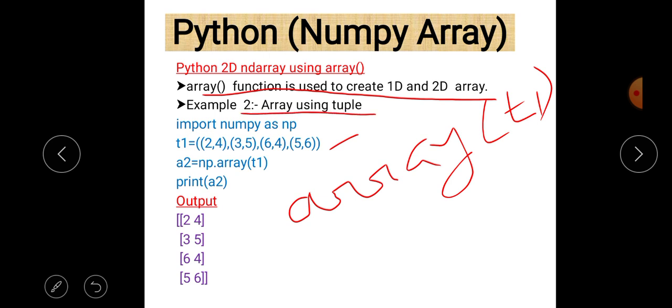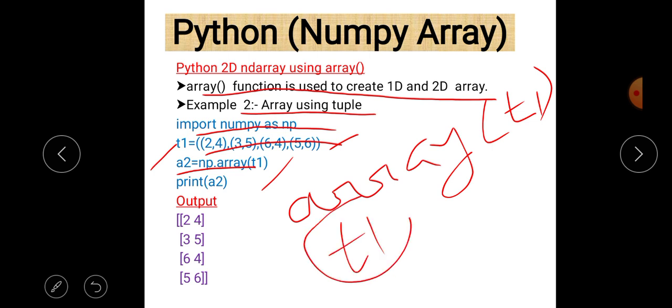Okay, so first line is import numpy as np. Second is t1, which is the tuple, of course. 2 4 3 5 6 4 and 5 6 are the elements, and then a2 = np.array(t1). This is the line which is used to convert that tuple t1 into an array. So we pass this tuple as a parameter value into the array function.